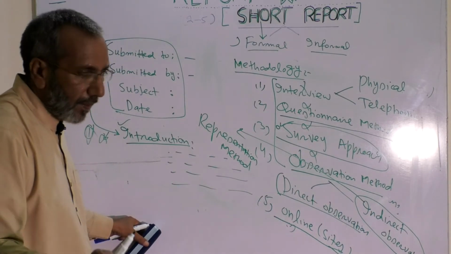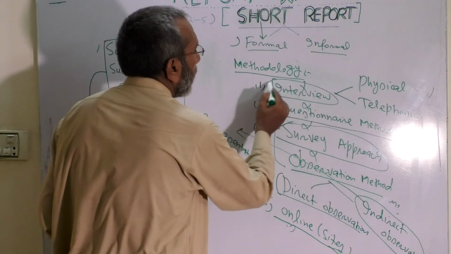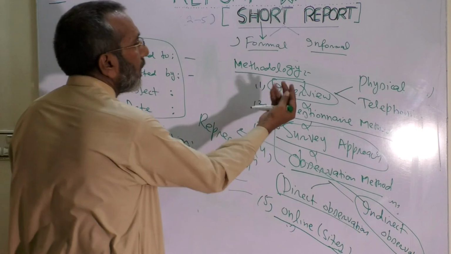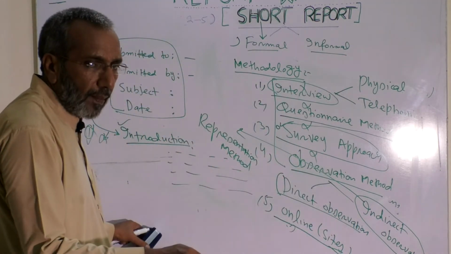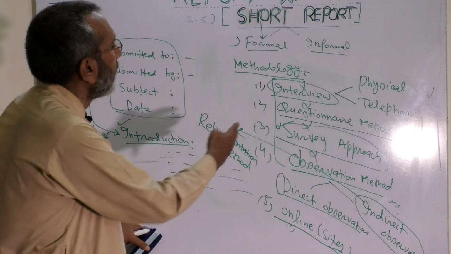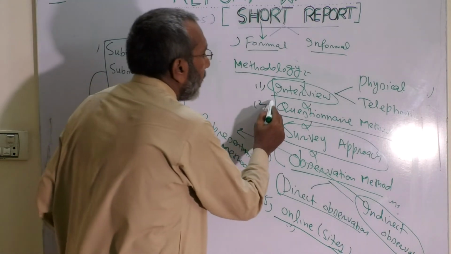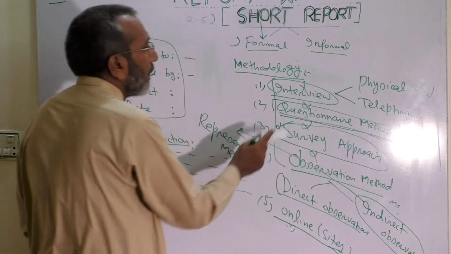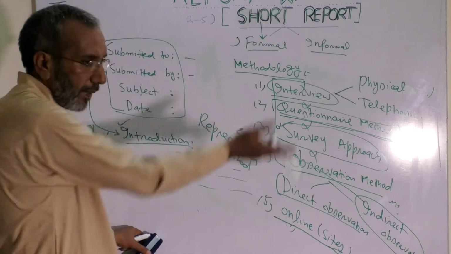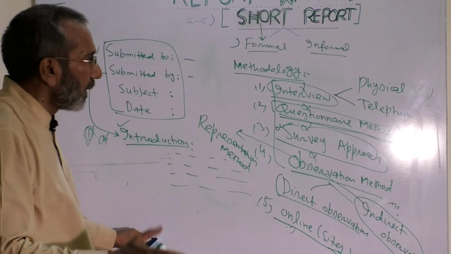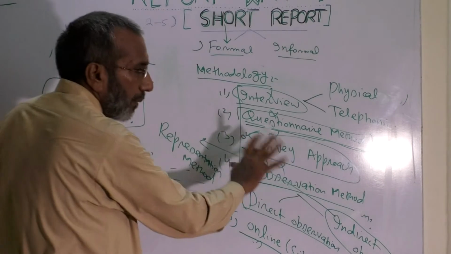Okay, clear? Sometimes we say that we just interviewed. Methodology might include just one. We did nothing, we just interviewed people of different age groups, of different genders, and this is the response. Or sometimes we say we gave questions to different people and checked their response. Or it might be a mix of all this. It is possible, especially in the case of long reports, that they take resort to writing a mix of all that.